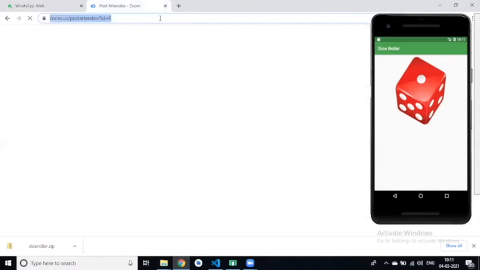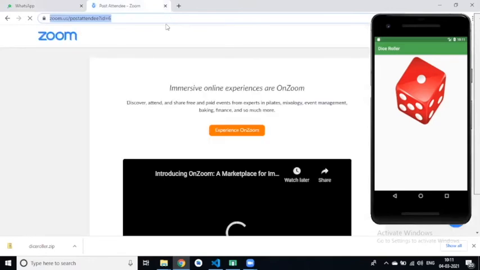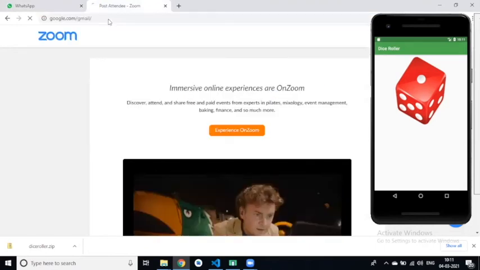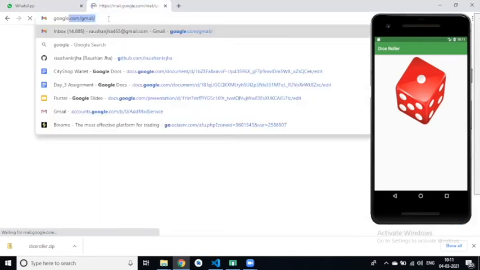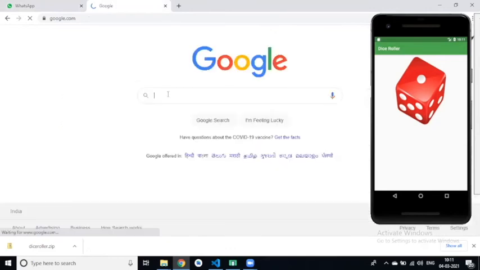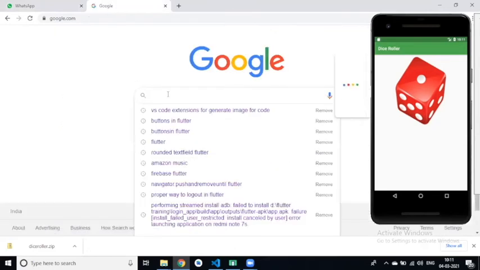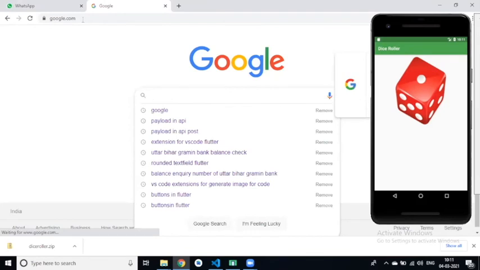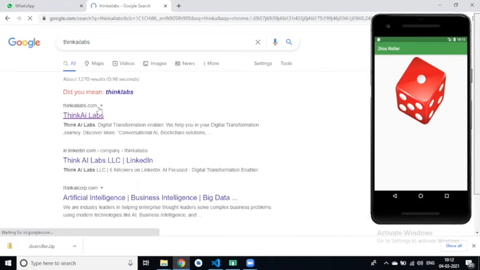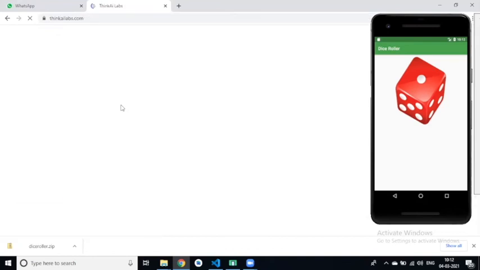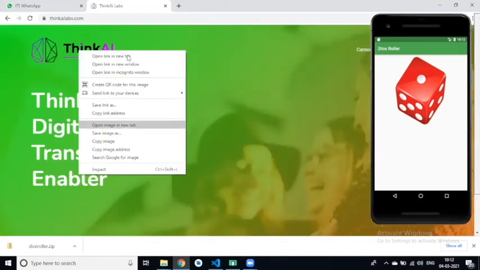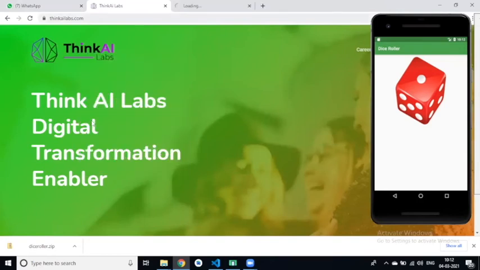Like, I'll search on Google for Think AI Labs. From Think AI Labs, simply open the image in a new tab or simply click on copy image address.